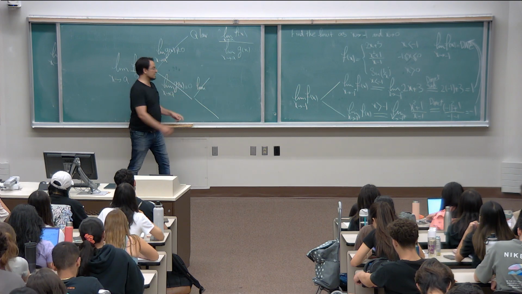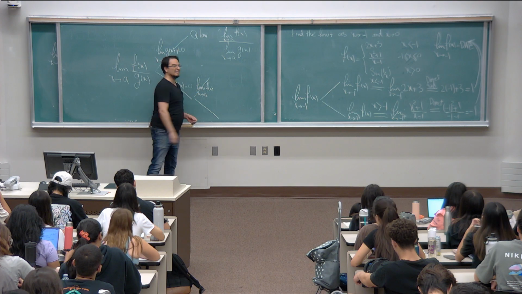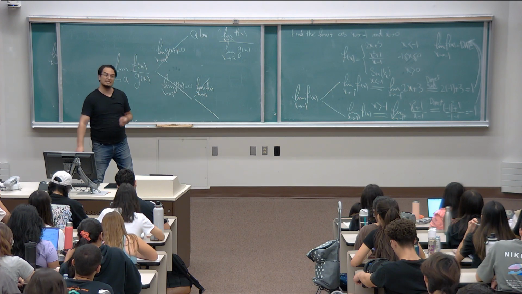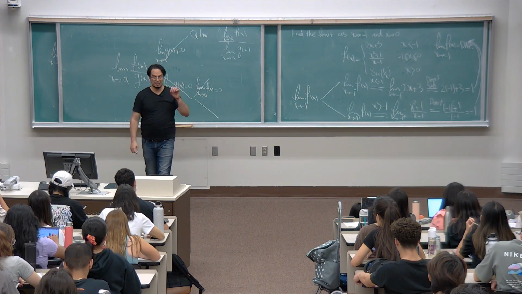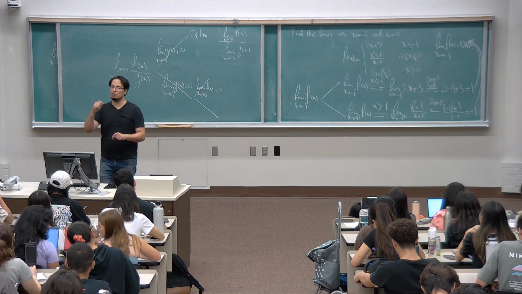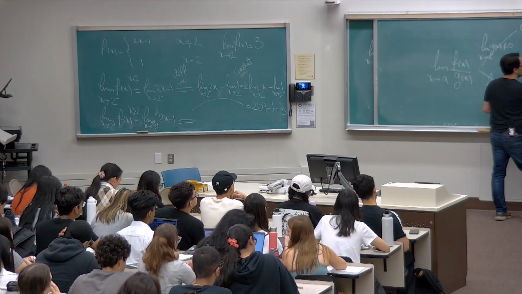The second thing is, now let's see what the limit of the numerator is. Is that also 0? If the limit of the denominator is 0 and the limit of the numerator is 0, we call this 0 over 0